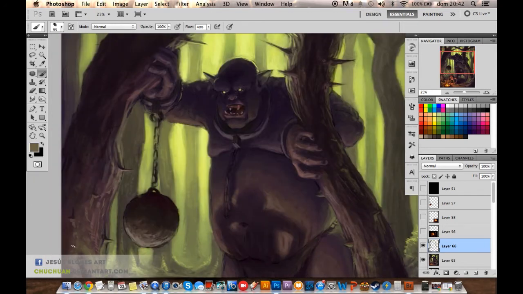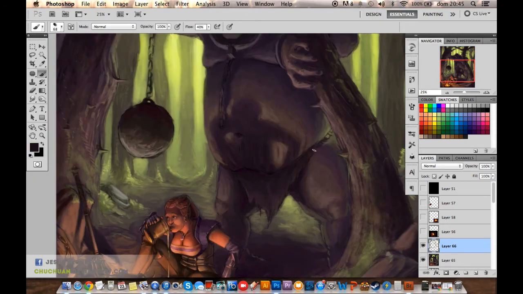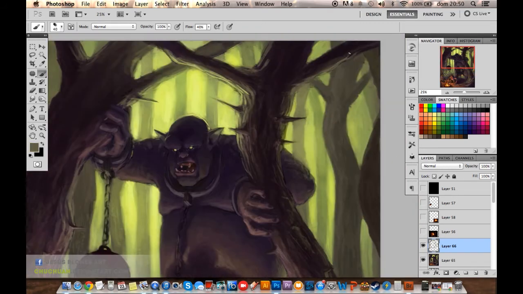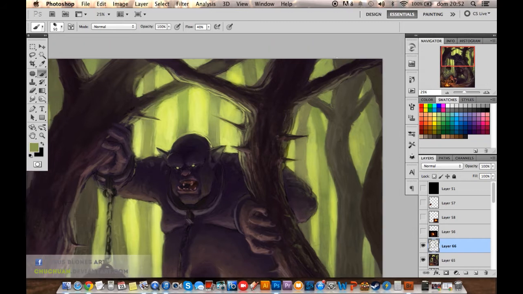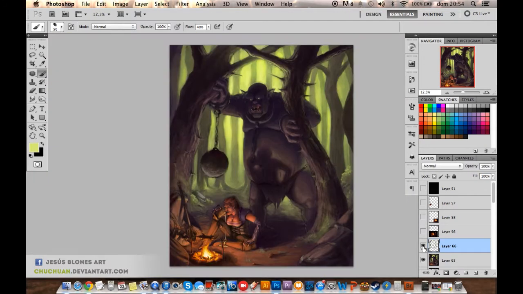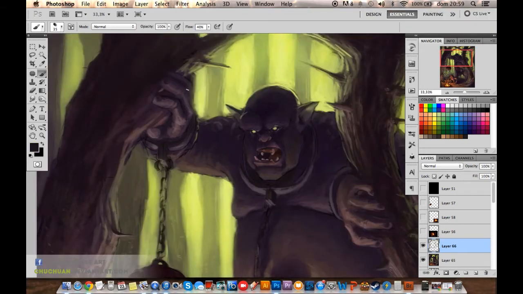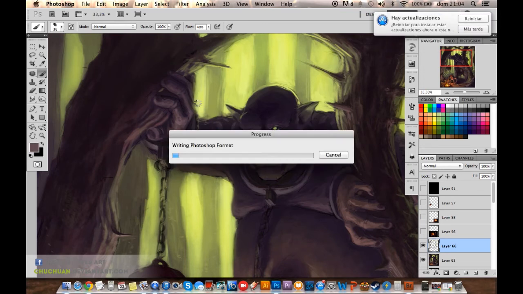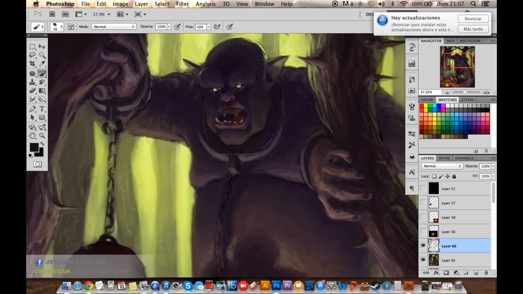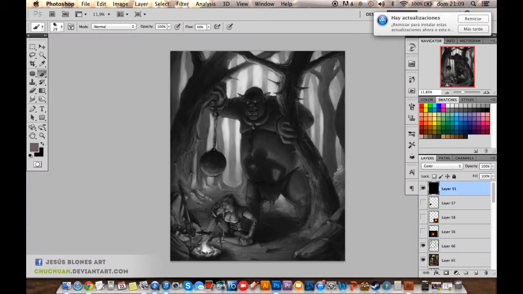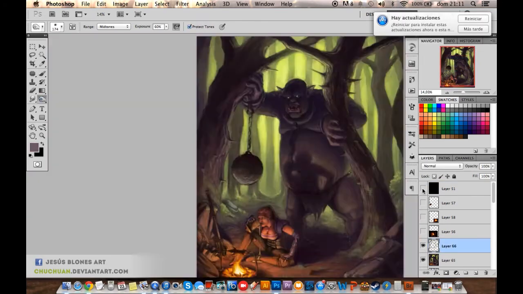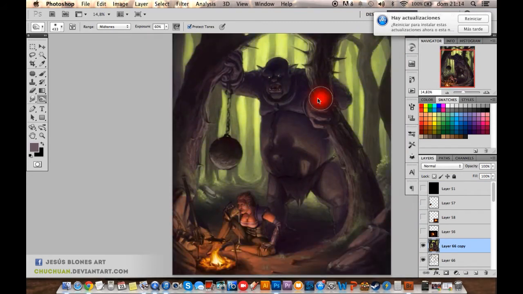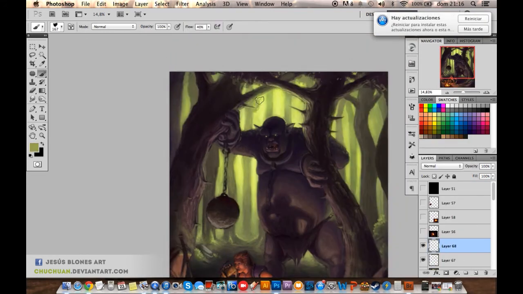All the elements you're gonna put in your illustration need to have a purpose. If you have a purpose really well established, it's gonna help you a lot to deliver the message that you want. So pay attention to how you put all the elements on the canvas, because that is gonna help you create a composition that keeps the eye of the viewer for a longer time in your illustration.